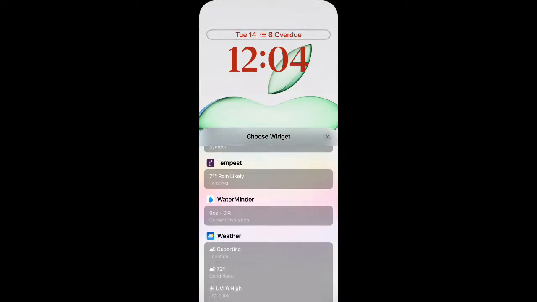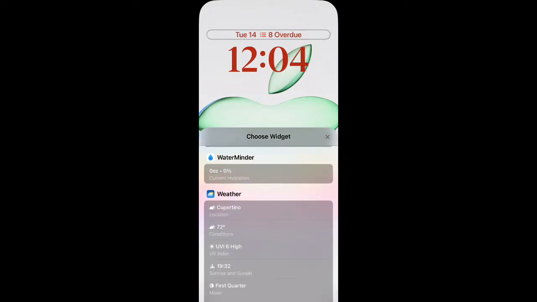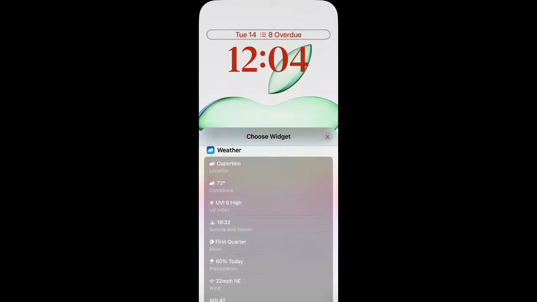Stocks, Tempest, which is a weather station. Waterminder to remind us to keep hydrated. And then under weather, we have the weather conditions in a different city, weather conditions in our current city, windy and 57, the UV index,